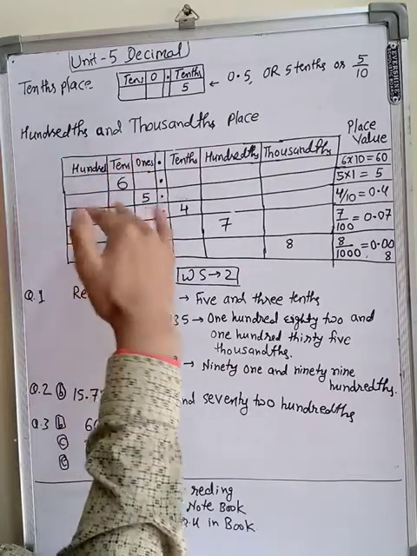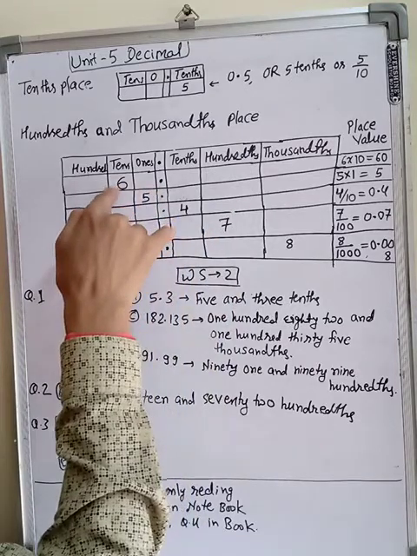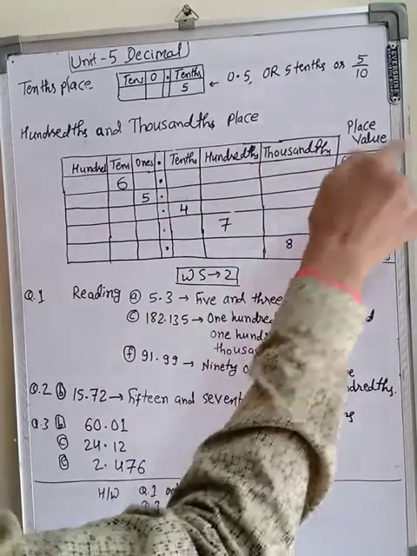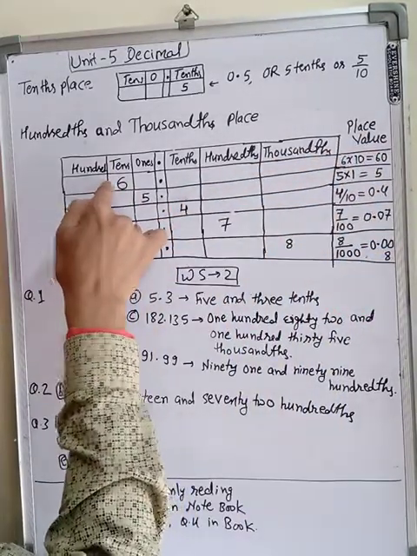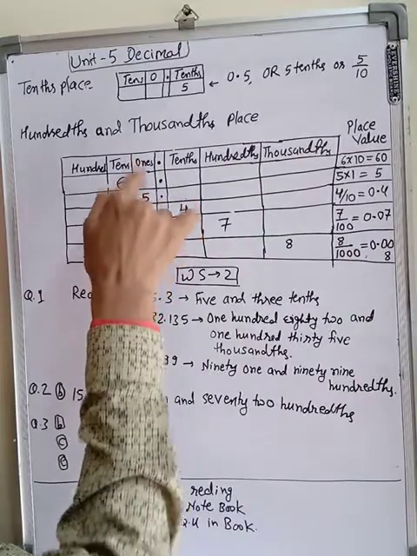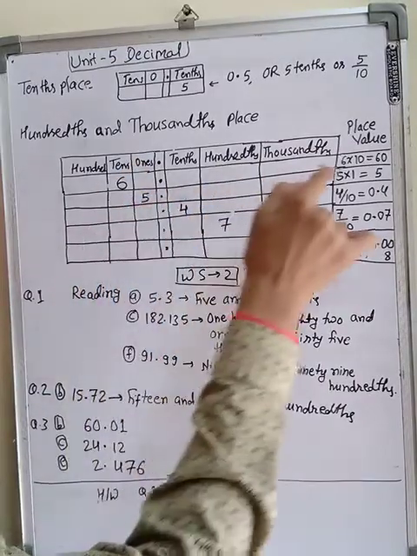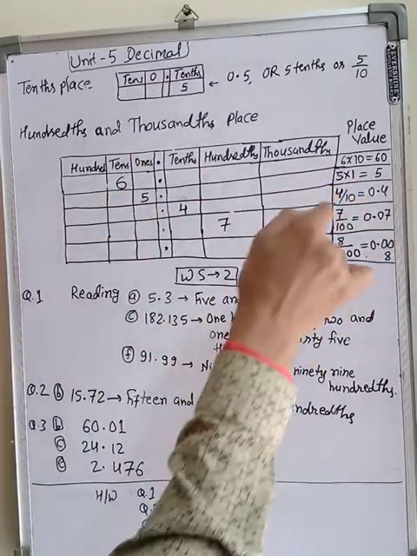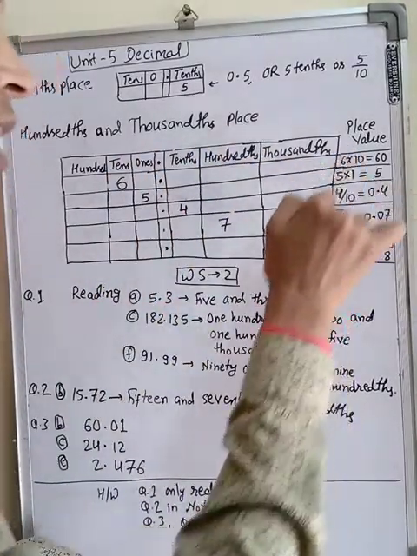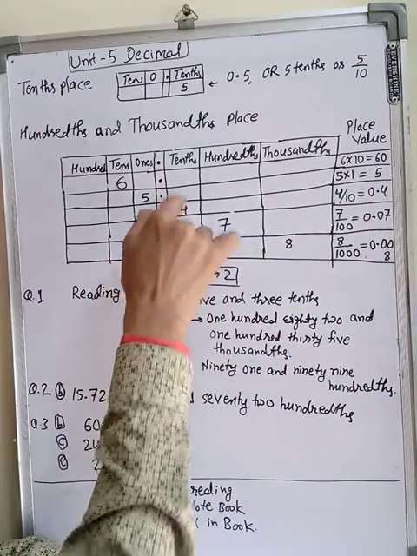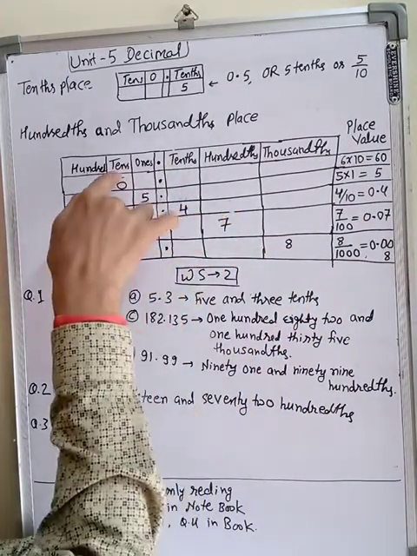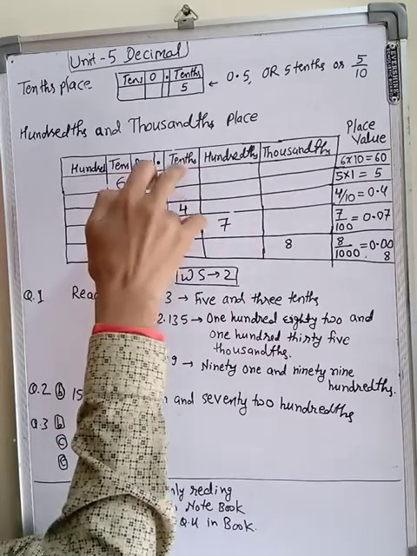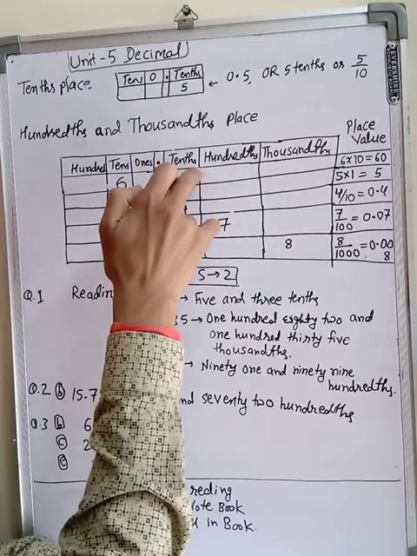Now if we go to this side, what will be the value of this? See, here I am showing it is in the tens place. So 6 into 10 is 60. So the place value of 6 here is 60. If 5 is in the ones place, what will be its place value? 5 into 1, 5 only, because for 1 we multiply by 1. If it is 10, we multiply by 10. If this digit is in the tens place, what is the difference between these two places? This is tens, and this is tenths.